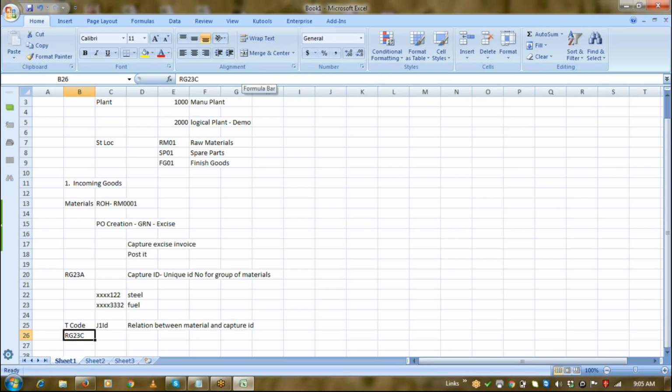So that was about the RG23A part. See, the chapter ID combination will be the same whether it is RG23A, C, D, or RG23A. Okay. Now,